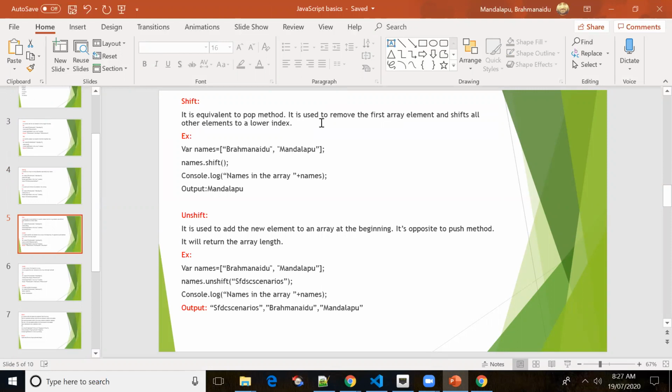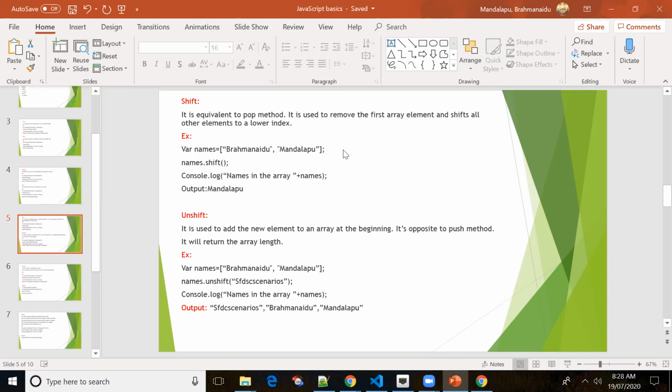But the shift method is used to remove the first element and shift all the other elements to a lower index. By using this method also we will be able to delete the elements from the array, but the deletion will happen from the beginning, not from the ending.